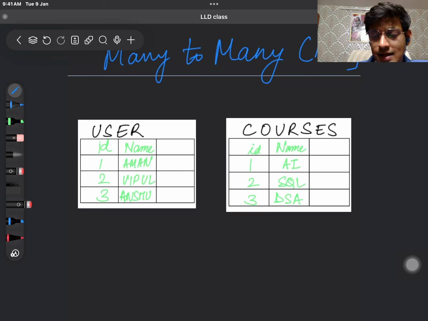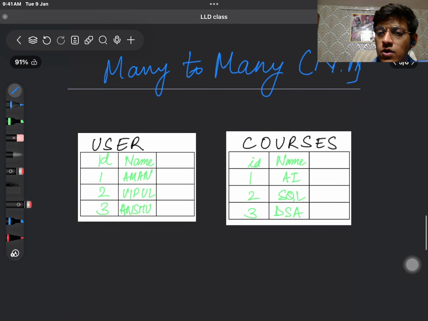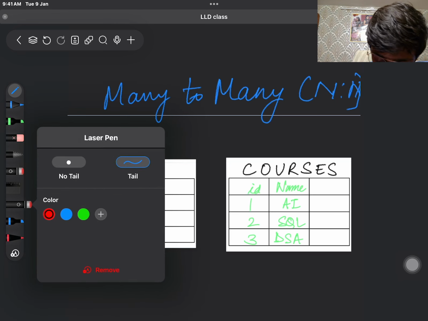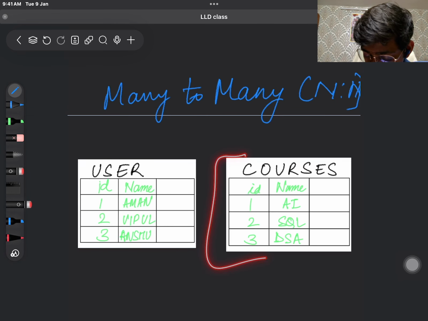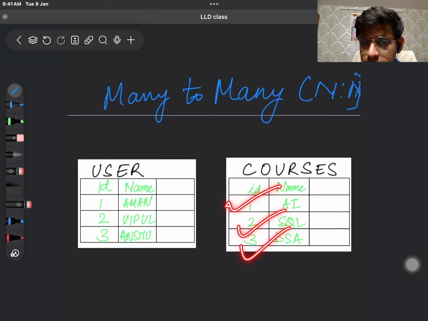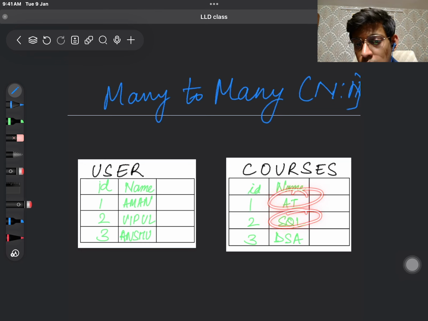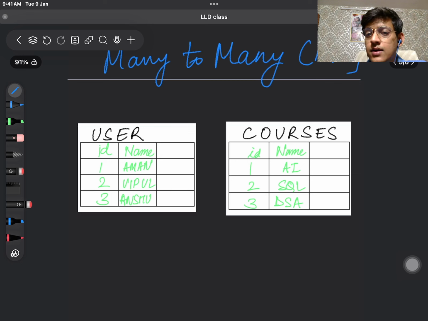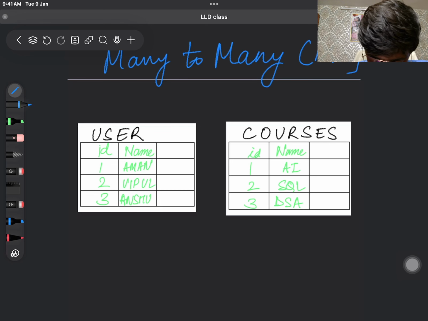So let's suppose we are building a system for a college which offers courses, right? These are some courses that the college is offering. It offers 3 different courses: one in artificial intelligence, one in SQL, and one in data structures and algorithms, DSA. Now the college that is offering these courses has a condition, right,